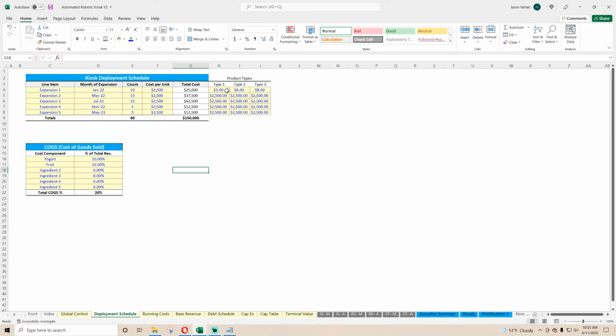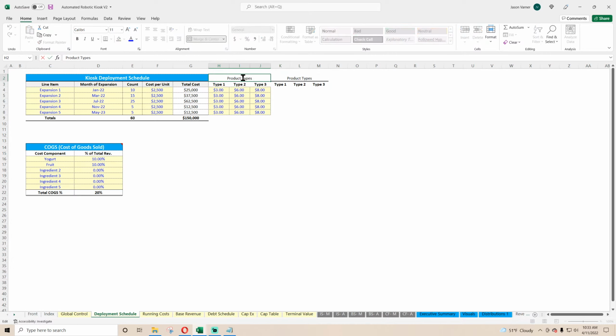All right, so let's think. This is the pricing for each expansion unit. It could be different, it could be the same. Each unit is going to sell up to 3 different things at these different prices. And then we have to define now for a given unit, again, product types, product pricing,